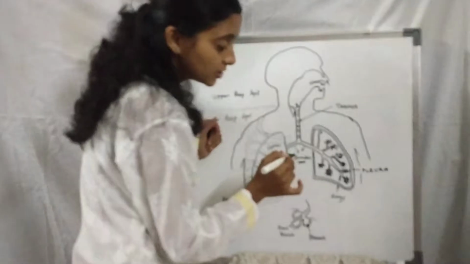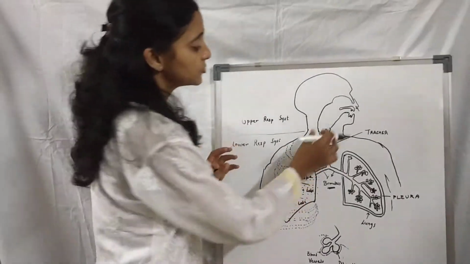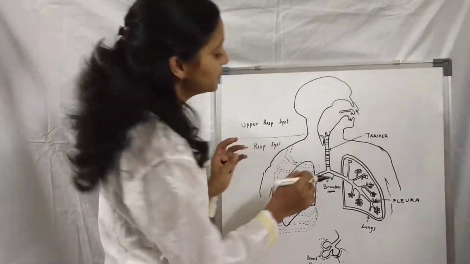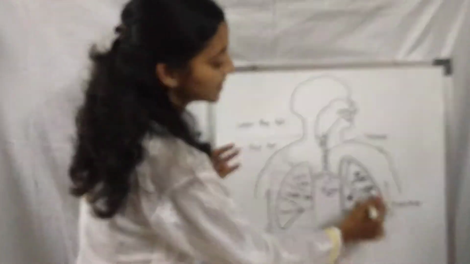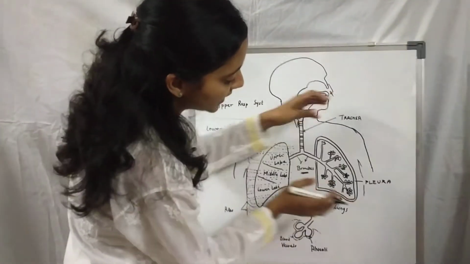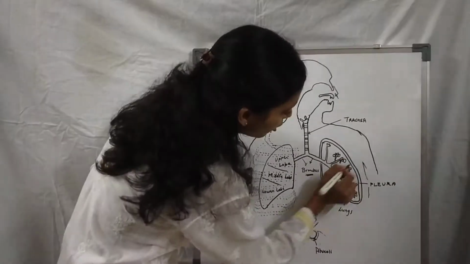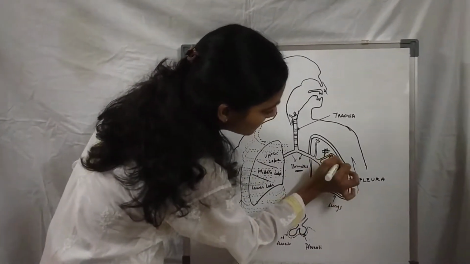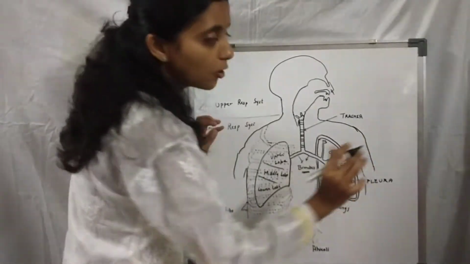After entering into the lungs, it further divides. It's like an inverted tree. The trachea you can imagine like the trunk of the tree, and the lower section, once it divides, these are like the branches. So the bronchus further divides and redivides into small bronchioles. And at the end of the bronchioles, there is a small air sac. There are multiple of these small air sacs into which the bronchioles end.